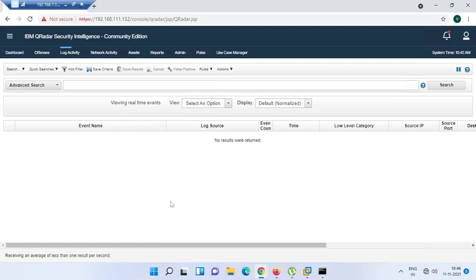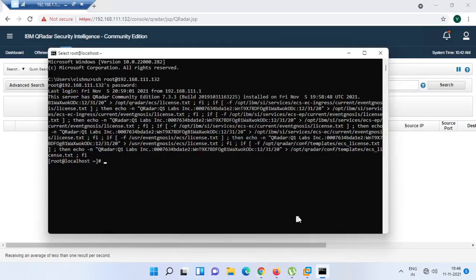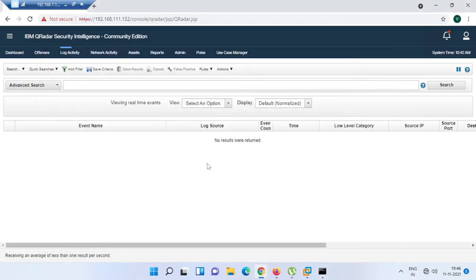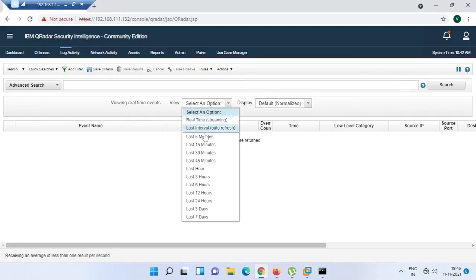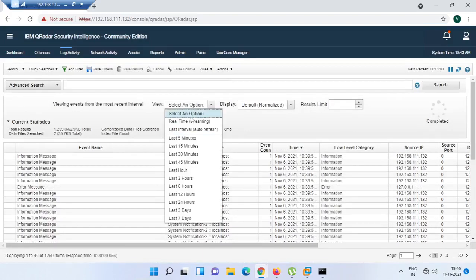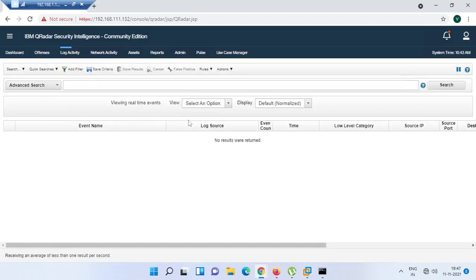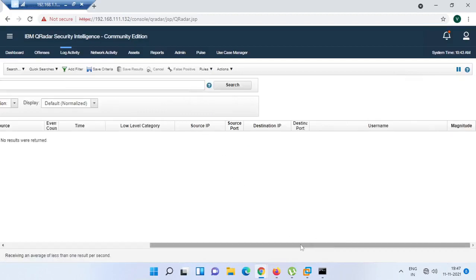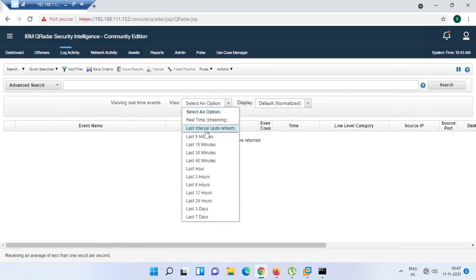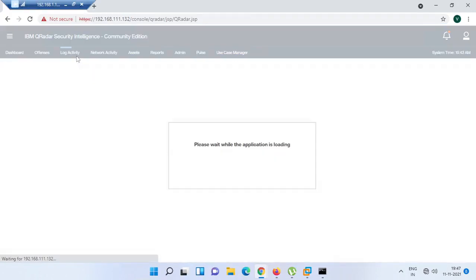It will take some time, 2 to 3 minutes to start basically. That auto interval, that means the last 1 minute it's showing, but the auto interval is not showing.